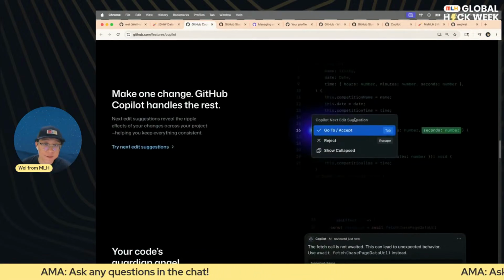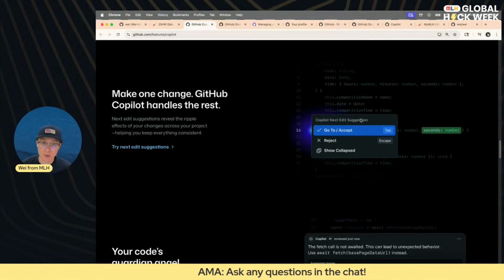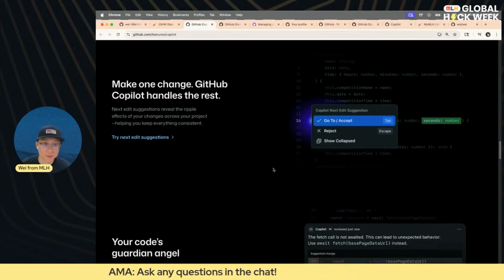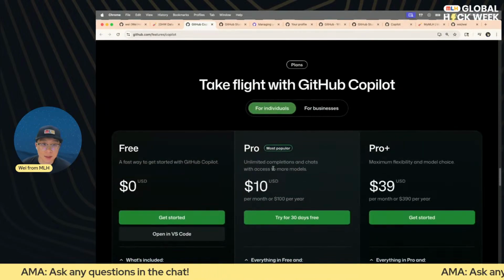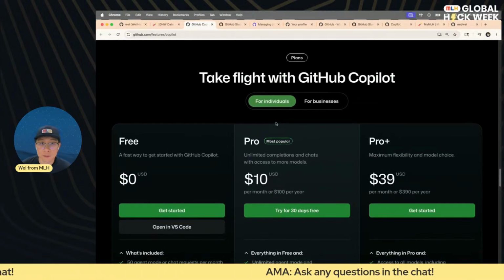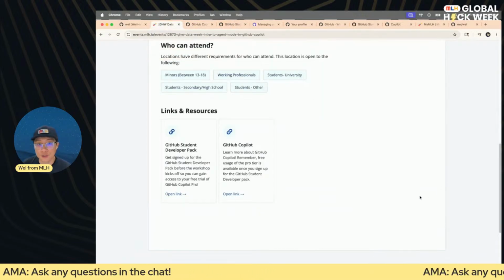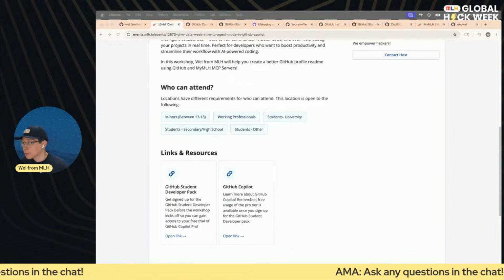And I really like this feature as well. It's Copilot Next Edit Suggestion. As you're editing files inline, it will give you suggestions on what to do. So usually it's $10 a month, but by being a part of GitHub Student Developer Program, you will get this access for free. So just let me know if you have any questions on that as well.